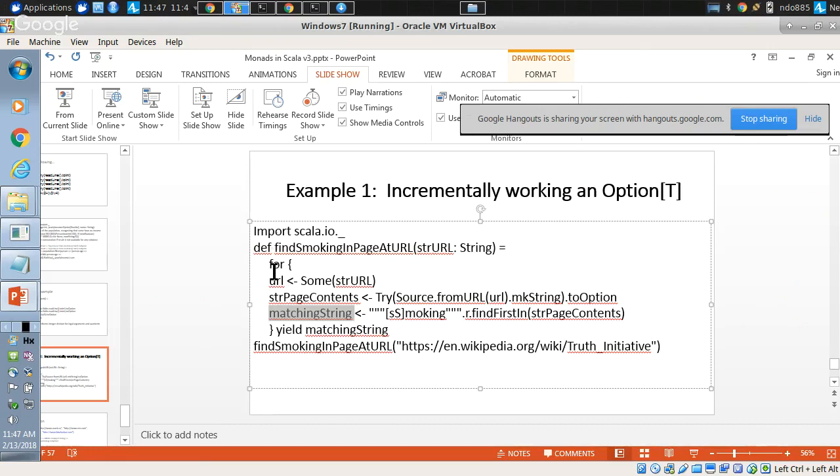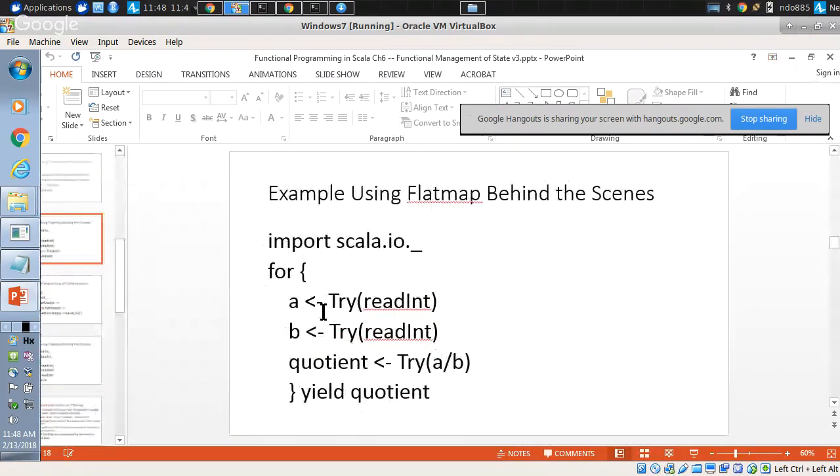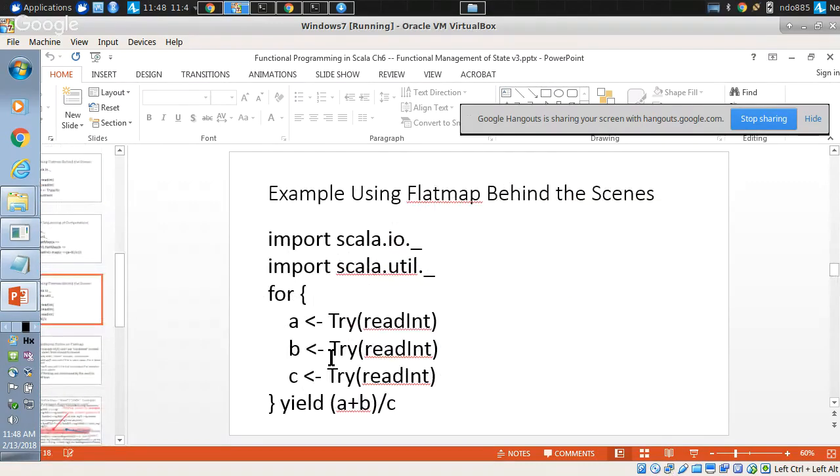And yet, it's doing all of this and bringing along the option value information. So if any of these fail, like if this guy fails, is this guy executed? No. If this guy yields a none, then this one is not even executed. It's just like with flatmap, right? And if this one fails, it's going to return a none as well. So, ladies and gentlemen, what for gives us is the ability to compute with things as if they are values. The ability to frame things as if they are values, but at the same time have the robustness